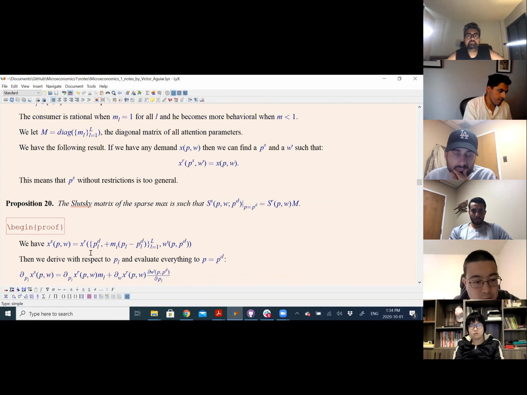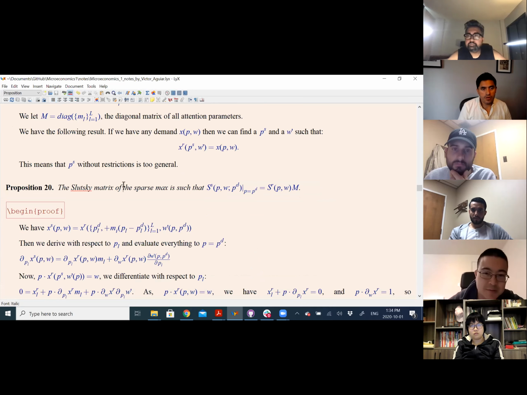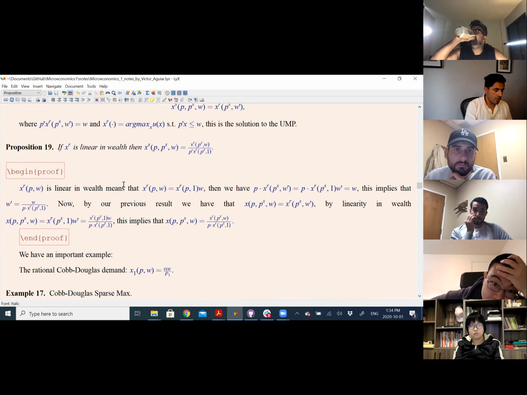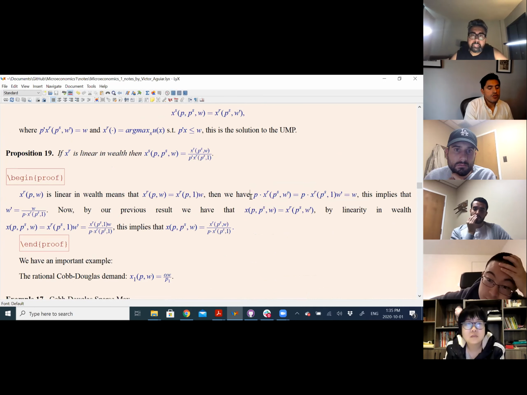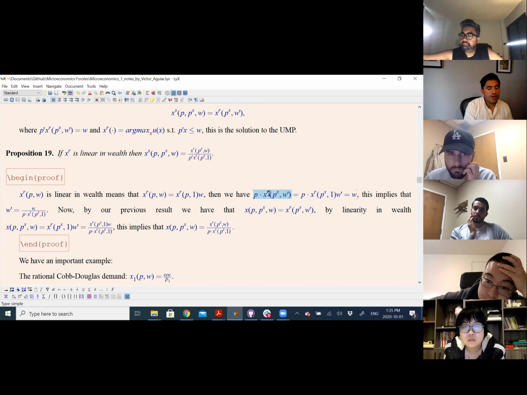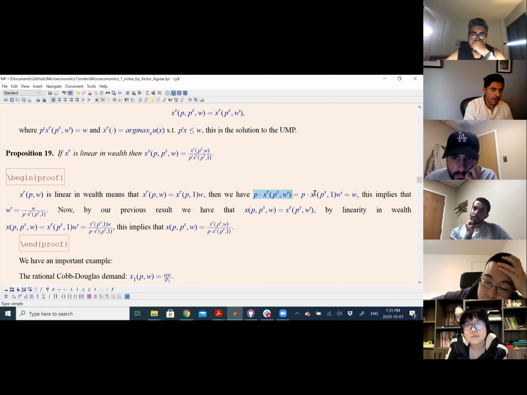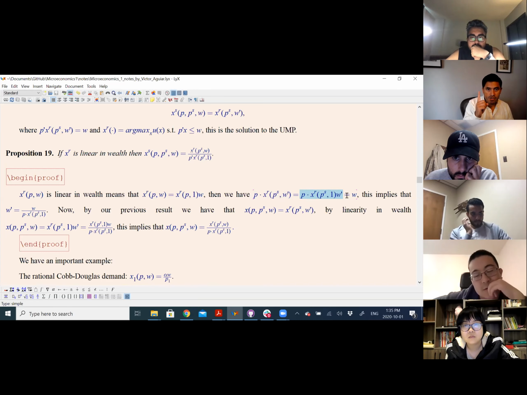Good. Now, with that intuition, I'm still a little bit confused about the W prime, the derivation of W prime there. Okay, so it's very simple, in fact. Remember that what we want to do is solve this equation. I want the corrected income inside the rational demand, given the wrong prices, that multiplied by the true prices is equal to the actual income, okay? So we are making a system to solve this. It's just one equation.